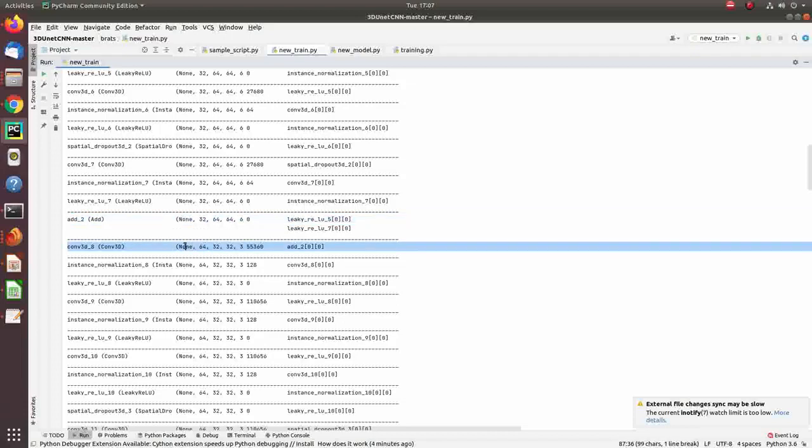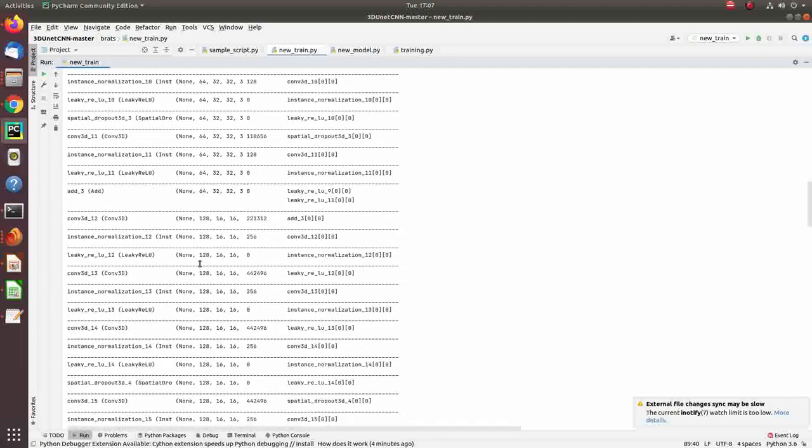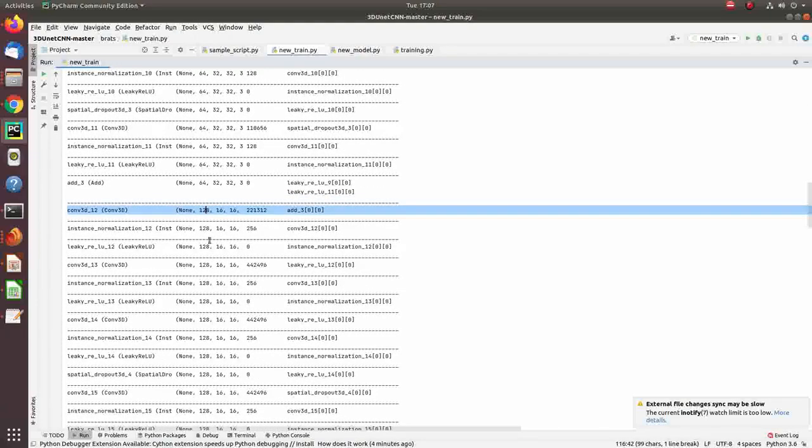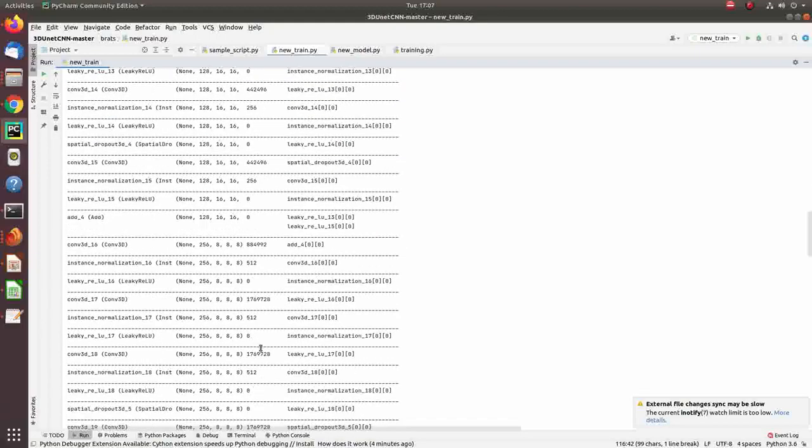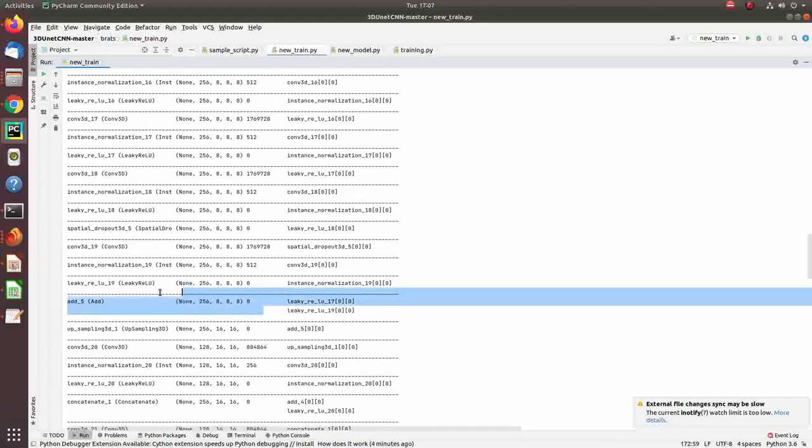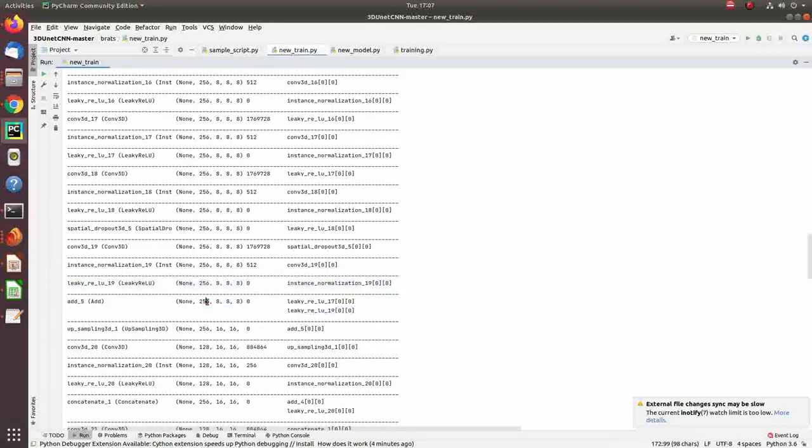Then the decoder convolutional upsampling will start with the transpose function. It upsamples from this point. This is the final downsample I have. The total number of filters is 256, and the image is downsampled to an 8 by 8 matrix size.